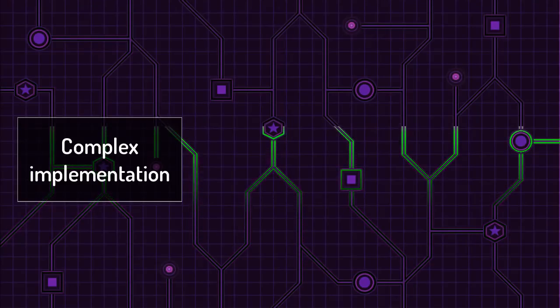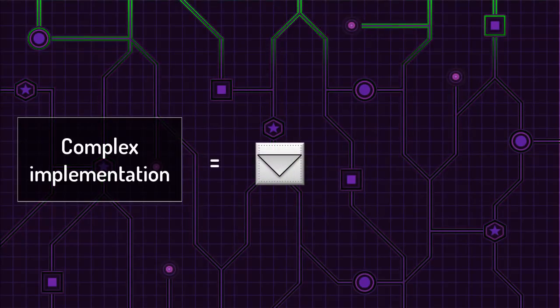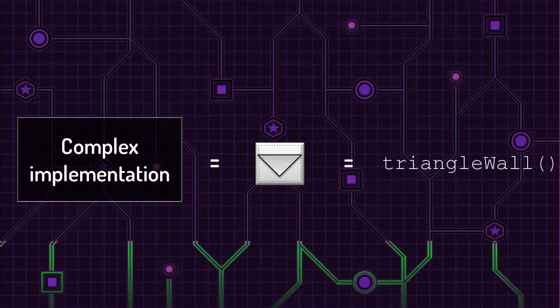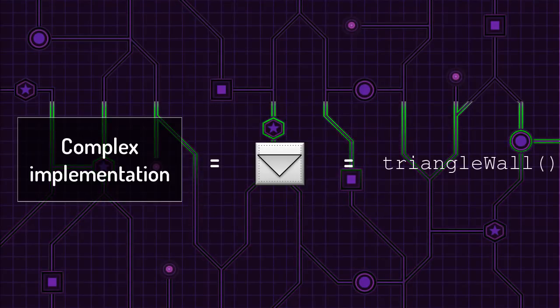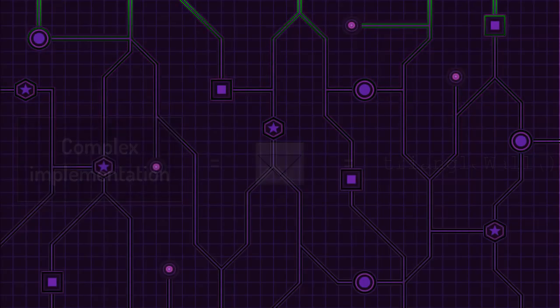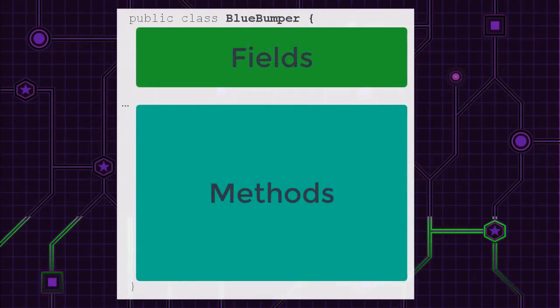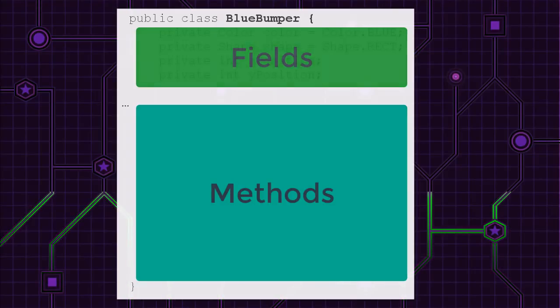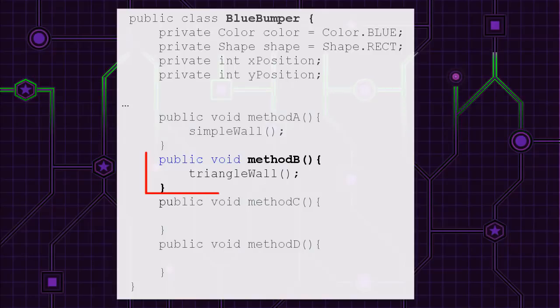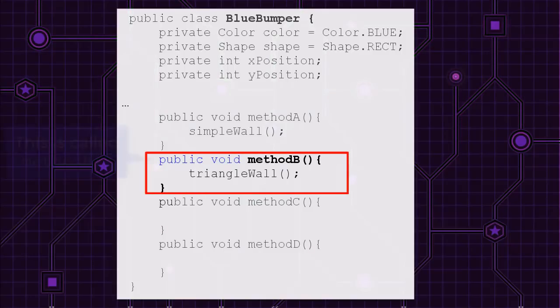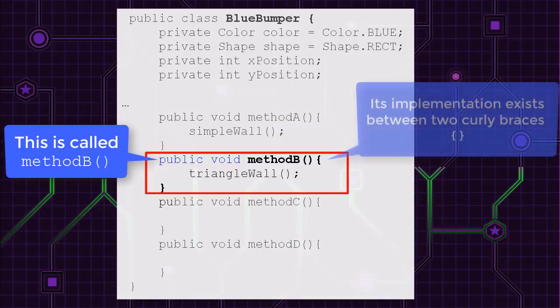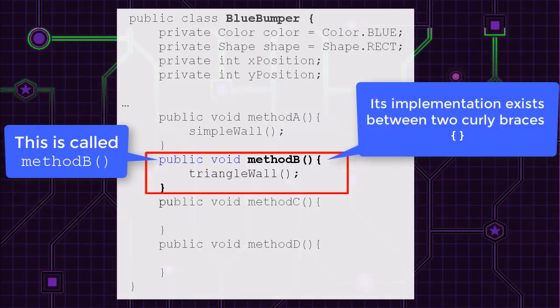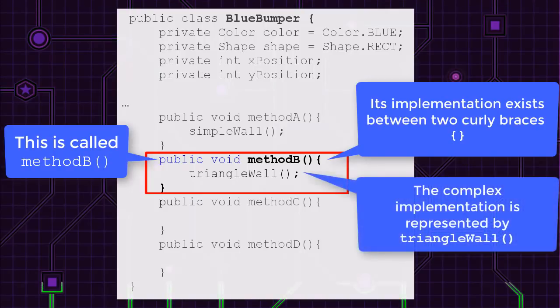In the game, this complex code implementation is represented by the triangle wall icon. The syntax triangle wall also represents this implementation in the code examples shown in this course. Here again would be the syntax representation of the blue bumper class. This class is a blueprint used to describe all blue bumper instances. It has fields, it has methods. This particular method here is called method B. Its implementation exists between the two curly braces, and instead of all that complex stuff, we're summarizing its implementation with